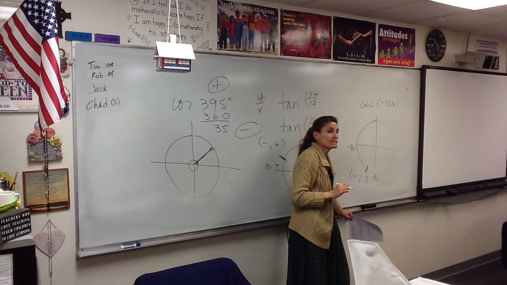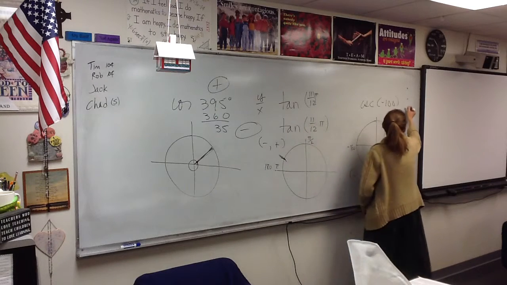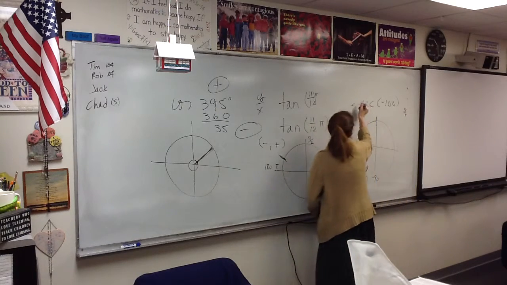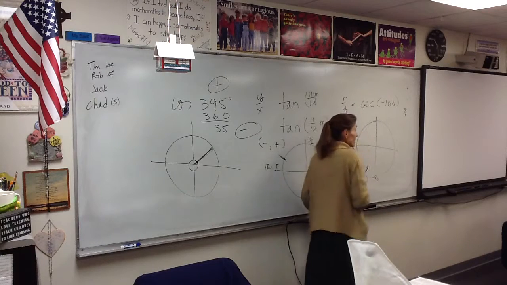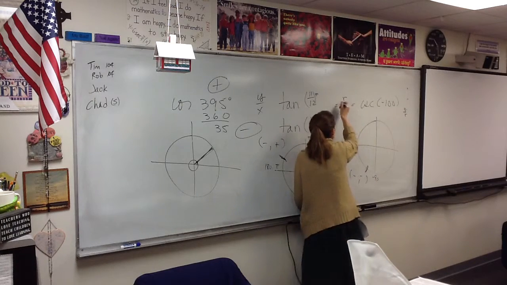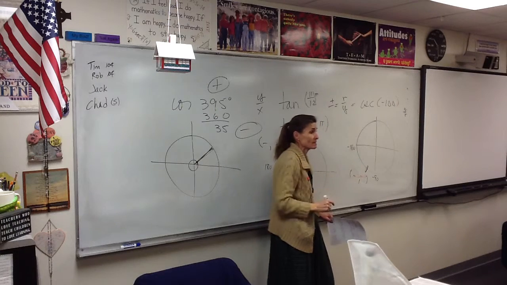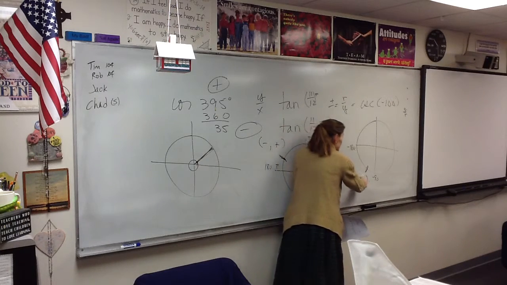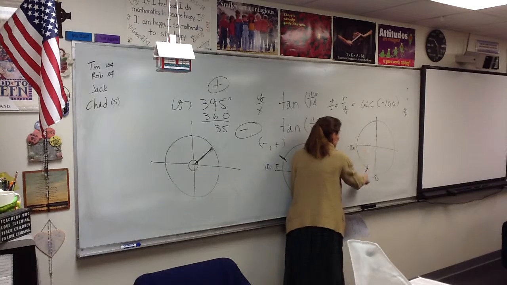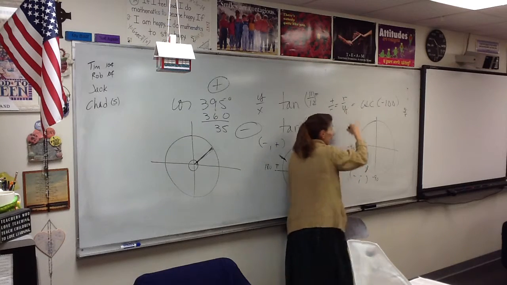Cosecant is the reciprocal of the sine. Sine is y over r, so cosecant is r over y. Now r is always positive, you guys, always. In this quadrant, y is negative. So what happens when I put